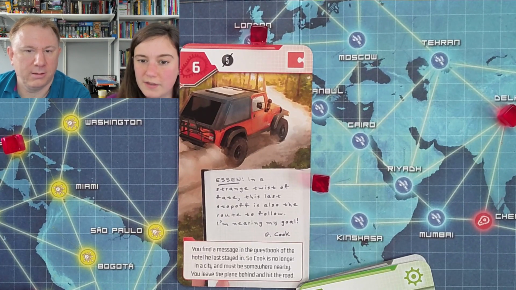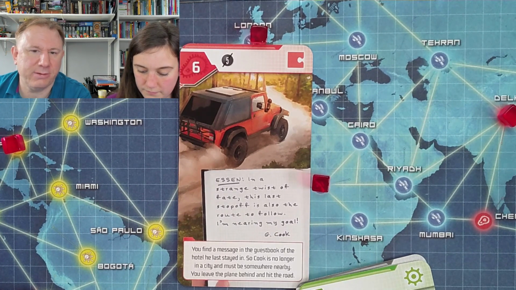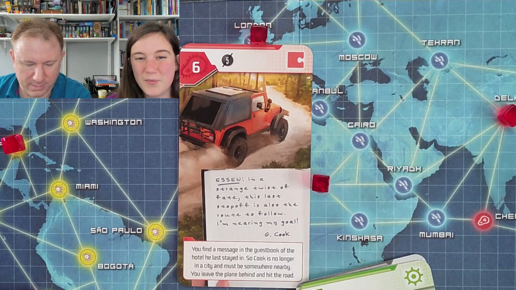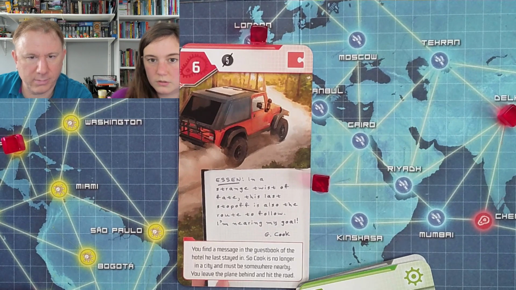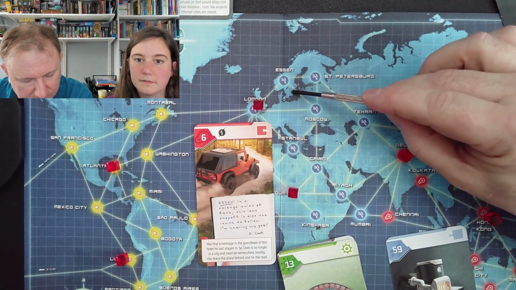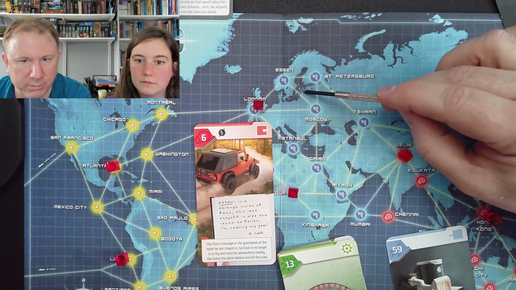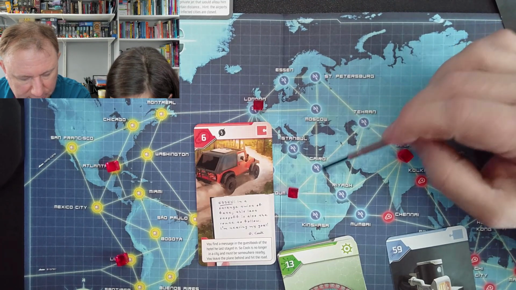In a strange twist of fate, this last stop-off is also the route to follow. I'm nearing my goal. Yes, it's east, south, south, east, north. Oh, well done. Isn't it? Yeah. So should we just do one... If we started from Essen... So if we go east, south, south, east, north, that's obviously not right, is it? So maybe it's like east, south, south...